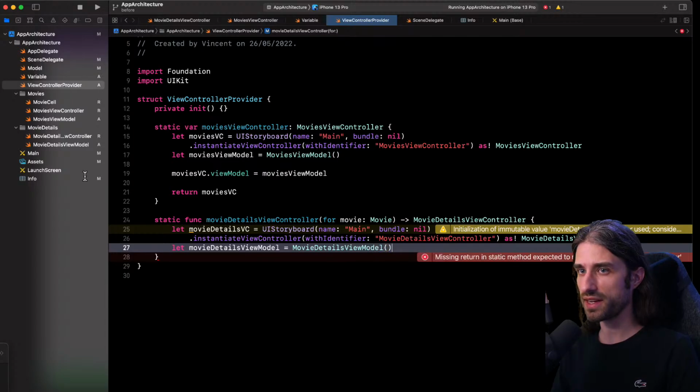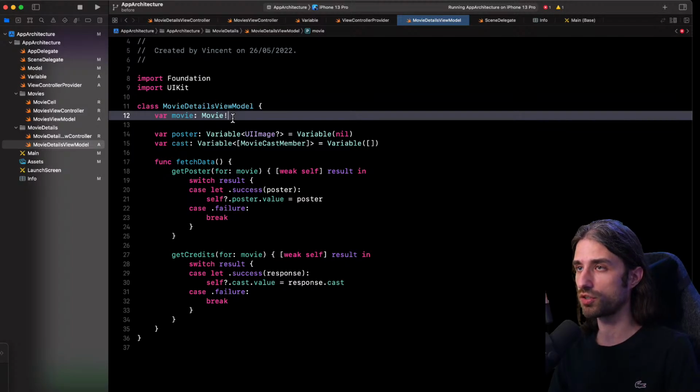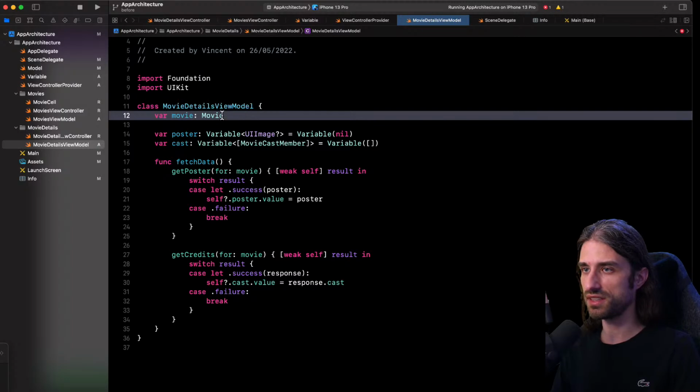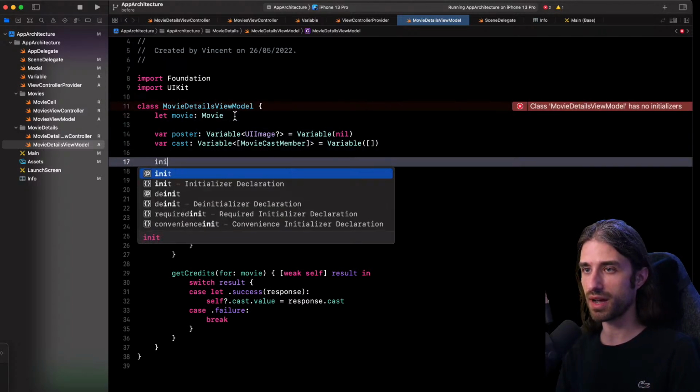What's nice is that this time I can actually update my view model and get rid of the question mark here. Here I was having something implicitly unwrapped because I didn't have control over the init before. It needed to be called by the previous view controller, and at the point of its init, movie details view controller didn't know what the movie was. But here, what's nice is that I have complete control over the init of movie details view model because, as you've seen, I am the one calling the init, and so I can get rid of this question mark. I can turn this into a proper constant, and then I can define my init.